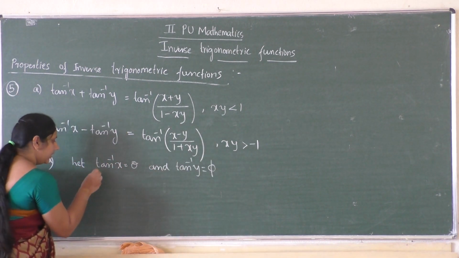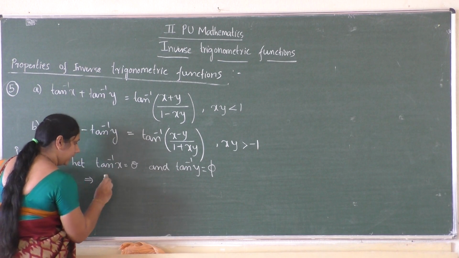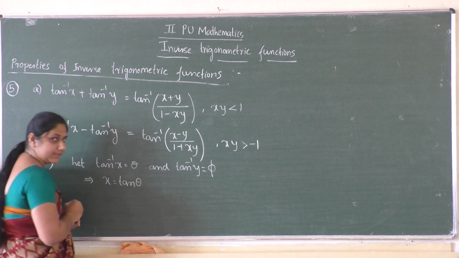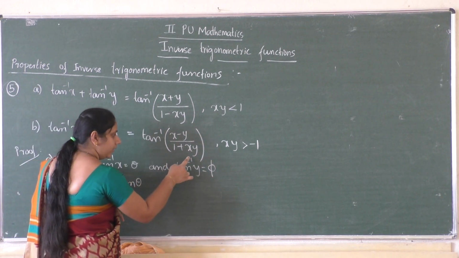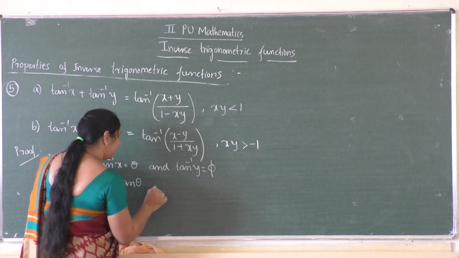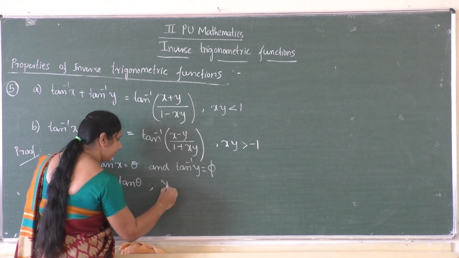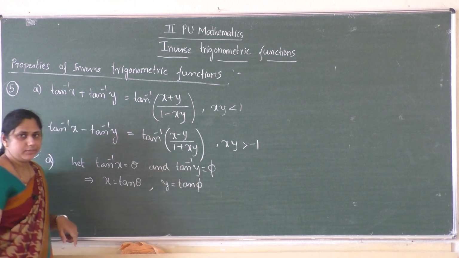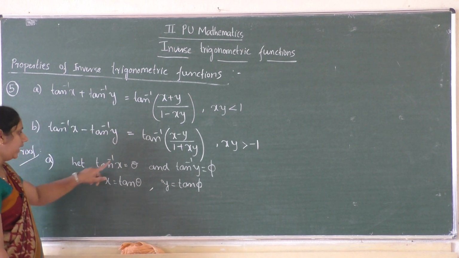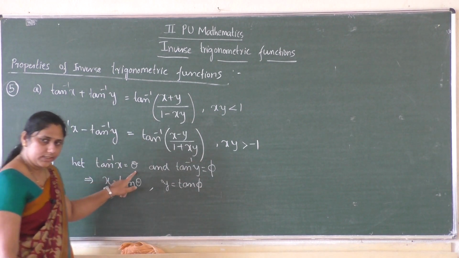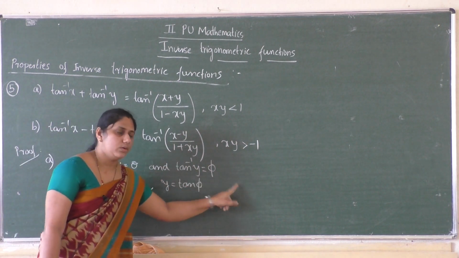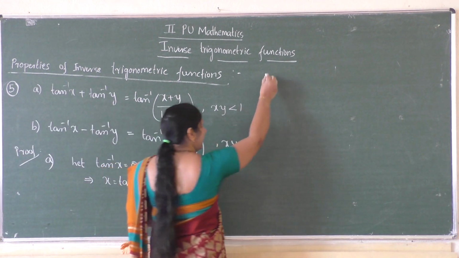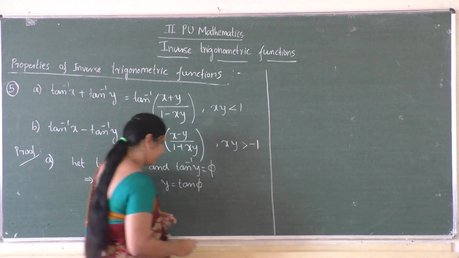See, if tan inverse x equal to theta, then x will be equal to tan theta. Again, if tan inverse y equal to phi, then y will be tan phi. So is it clear? We have to take tan inverse x equal to theta and tan inverse y equal to phi. Now in first year we have the formula